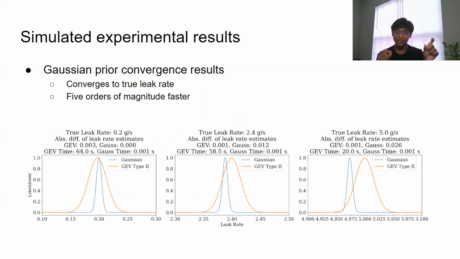And furthermore, in a real-world scenario, gas concentration samples have much higher sampling rates. Over here, we only use 10 data samples. And because these sensors have higher data sampling rates, it would give us a lot more data to base our estimates on. Therefore, we believe that our approach would be on par with the GEV type 2 based approach in a real-world oil field. Also, note that the computation time difference here is 5 orders of magnitude faster.